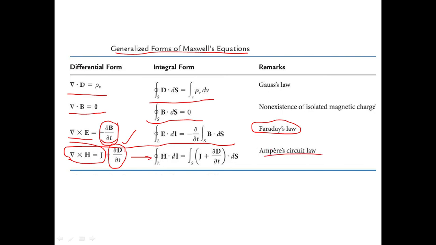Now what you have to remember is Maxwell's equations are two sets. One is for steady state and the other one is for time varying fields. So for time varying fields, you have to write these equations. I hope you have understood this one, right? So in the next lecture, we'll discuss wave equations. That is the next part of this module.